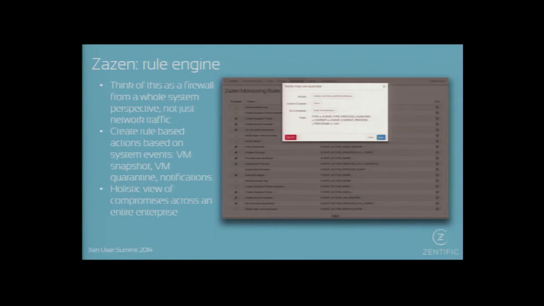And really this kind of shows you what Xen allows us to do, is to build a system that's as robust as having a rule engine, kind of almost like a firewall for your own VMs. You could think of it like that. Certainly we're looking at more than just network traffic here. Now you can start creating rules on what do you do when certain processes launch, what do you do when certain information is discovered inside of your memory. Certain OS states can trigger certain actions.